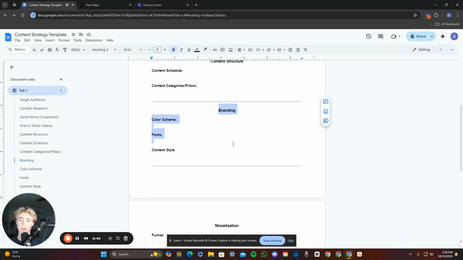But the next thing here with branding, to actually make sure that you have a unique brand, your stuff is unique, you're not just copying the next runner up, you need to have a few things down. Right? You need to have a color scheme. You need to have a specific set of fonts, assets, things that you use, and then a content style, like a breakdown of what it looks like if you're mixing two different people's styles together.